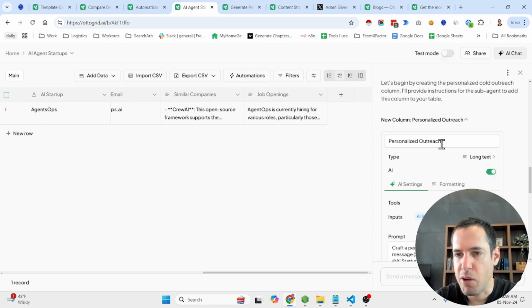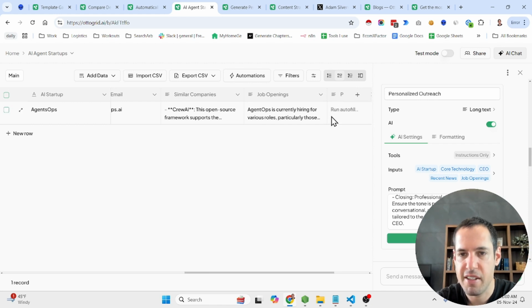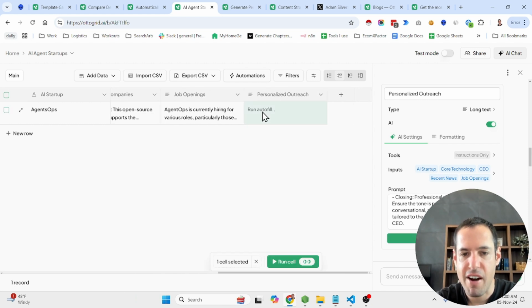So this is the column that we're going to add, personalized outreach. This is the prompt. We can obviously adjust it. Craft a personalized cold outreach message, 200 to 250 words to the CEO of AI startup. Use the following structure: greetings, address CEO by name, introduction, personalization, referencing the core technologies and recent news to show you've done your research, and the value proposition, and then job openings if related, and closing. So this is what this column is going to contain. Now we can run this autofill,